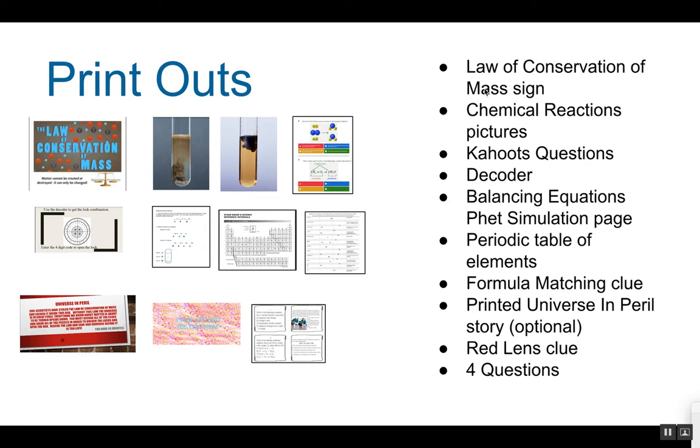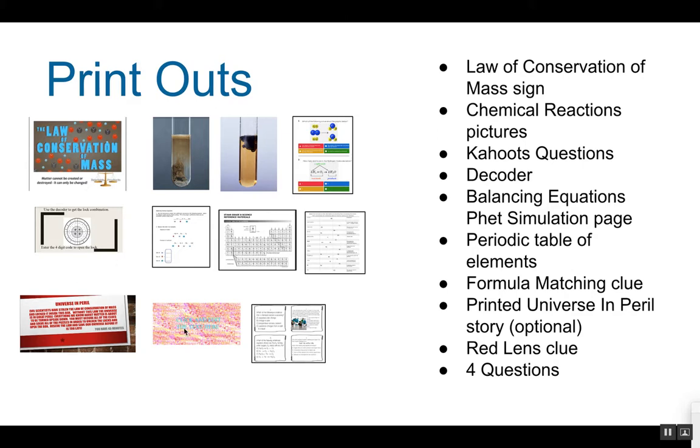The items that you will need to print out: the Law of Conservation of Mass sign, all of the chemical reaction pictures, specifically, you definitely need to make sure you have the ones with the precipitate. I have 2 shown here. The Kahoots questions pages, which will go in the page protectors inside the folder. The decoder, the PhET simulation balancing equations page, the periodic table, the formula matching page,